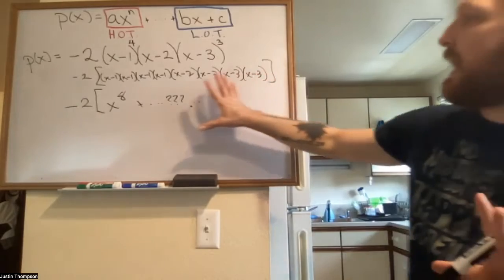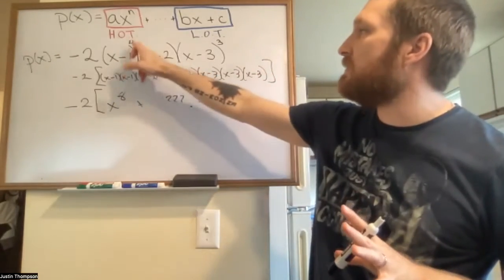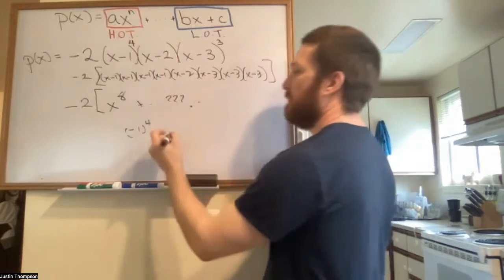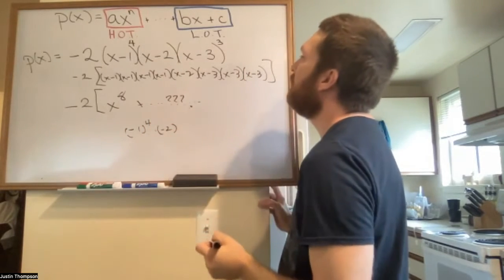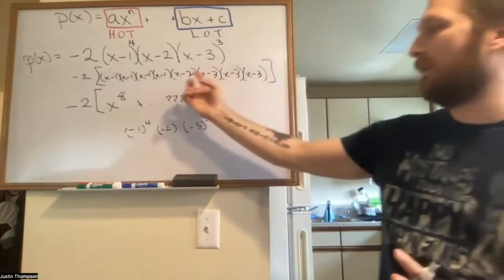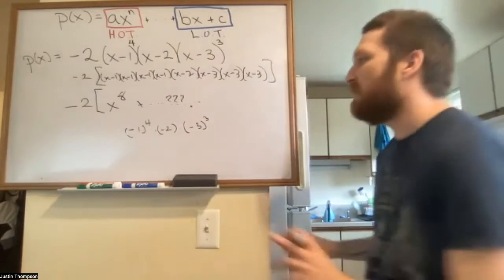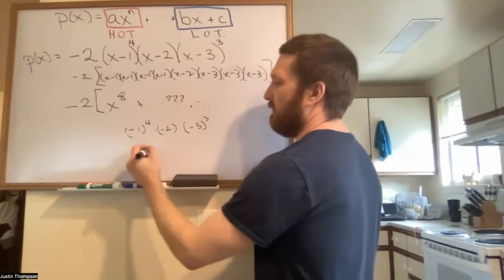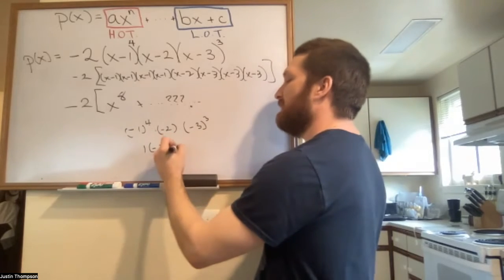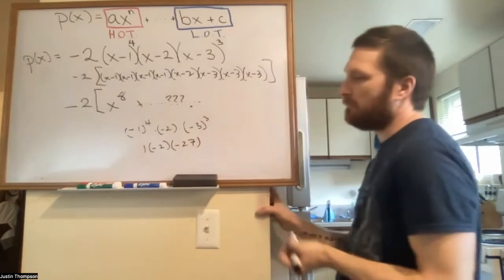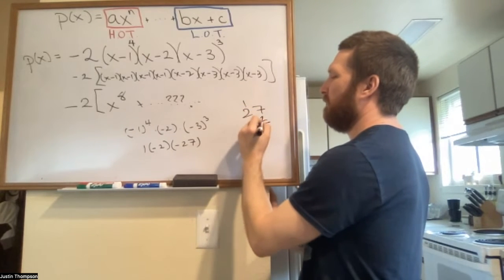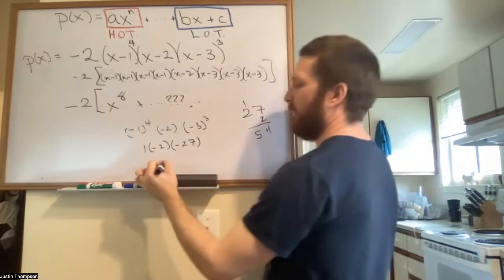another way we could do that is just to say, okay, well, what's -1 to the 4th power? -1 to the 4th times -2 times -3 to the 3rd. And that's essentially what I'm doing, right? I'm just making it a bit more formal. We have -1 to the 4th is just +1 times -2. -3 to the 3rd is -27. -2 and 27, that's a 4 and a 1 and a 4 and a 54. A +54